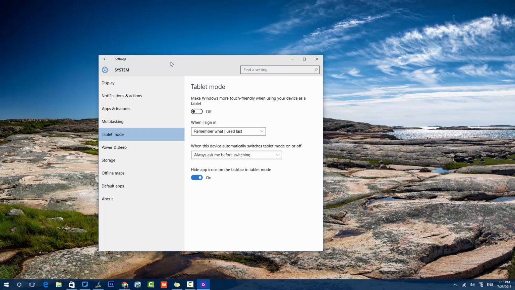Overall this Continuum mode is a very handy option from Microsoft, aiming to make this OS a great experience for both desktop and tablet users. Instead of just making one OS suited for both, it is adapting itself to different situations. It can be used as a tablet with a more touch friendly interface, or it can be used as a desktop with mouse and keyboard control. So that was a quick demo on the Continuum mode on Windows 10.